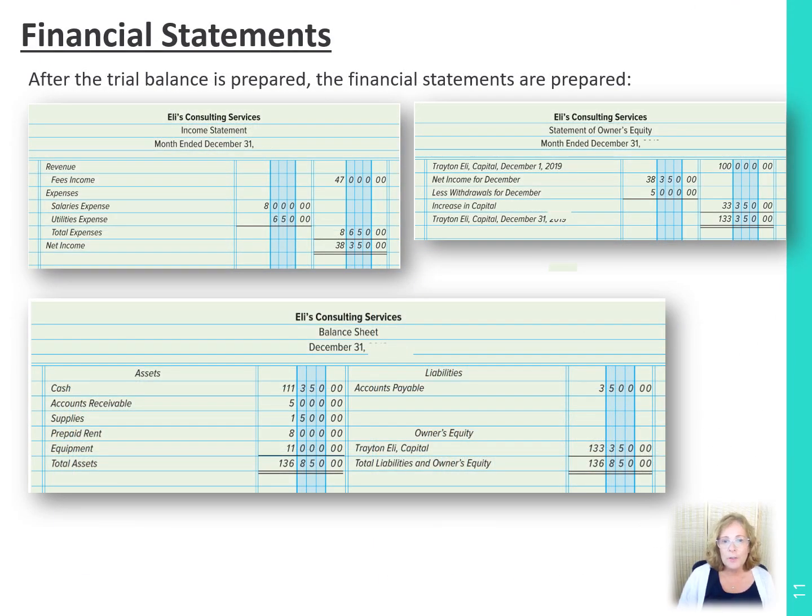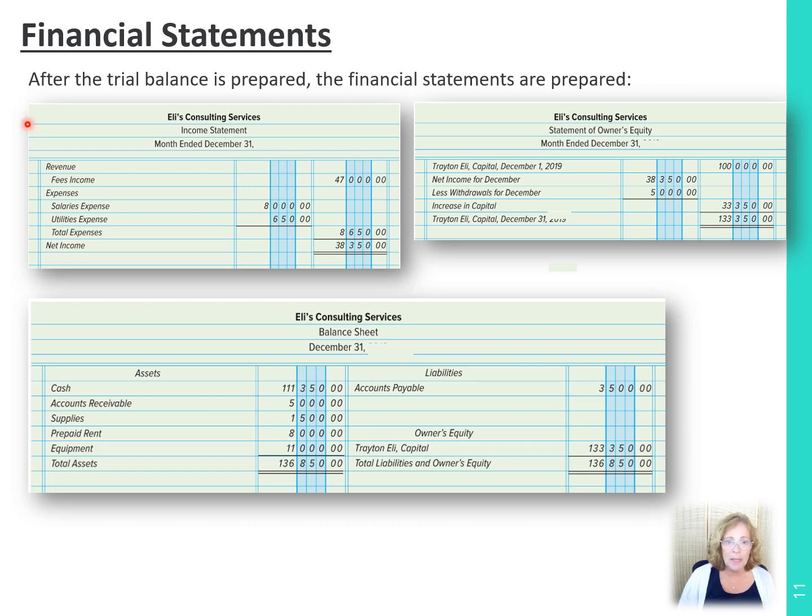So what financial statement do we prepare first? It's always the income statement that comes first. Why? As a reminder, you need the net income from the income statement to complete the owner's equity, right? You can't prepare the statement of owner's equity if you don't have the net income. And you can't complete the balance sheet without knowing the ending balance for the owner's equity. So it's important that you have that.